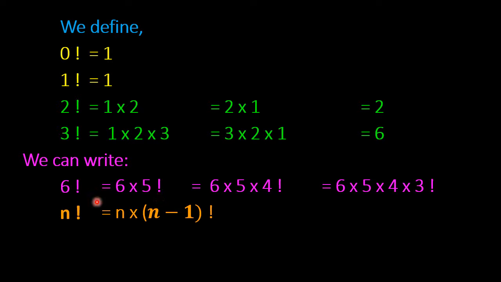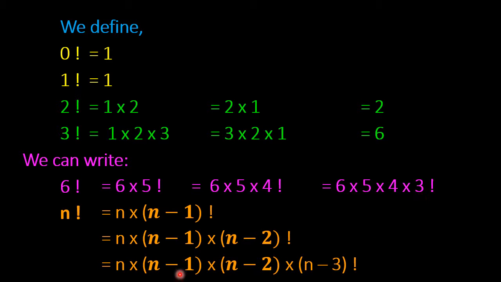So this is a general form, and this second expression can also be written in terms of n factorial as n into n minus 1 into n minus 2. Similarly, if we replace this n by 6, then n is 6, n minus 1 is 5, and n minus 2 is 4 factorial. And similarly, this expression in general form can be written as n into n minus 1 into n minus 2 into n minus 3.